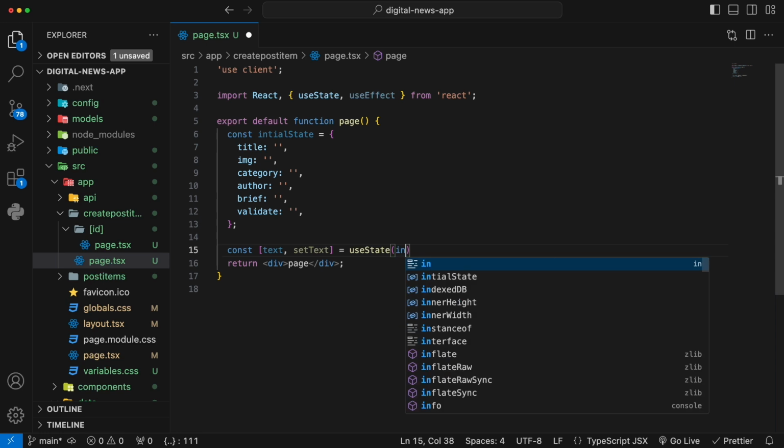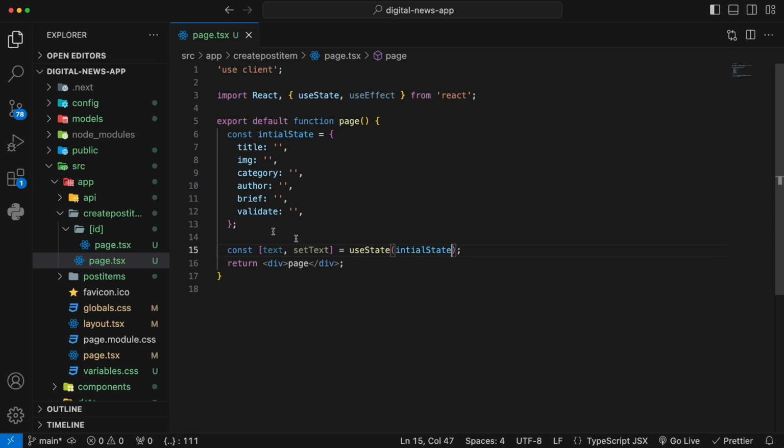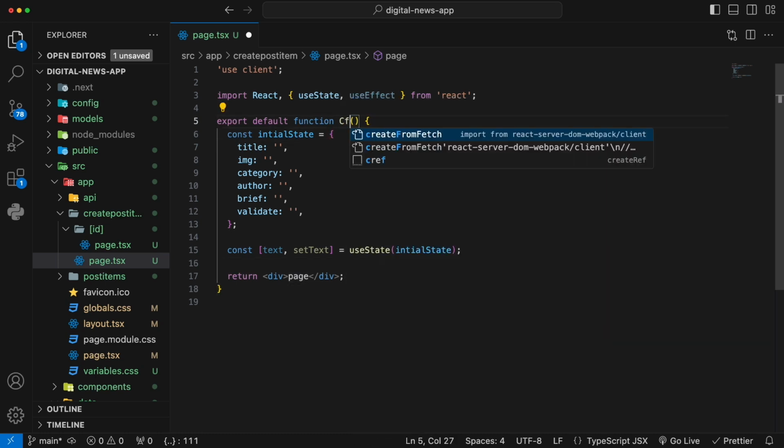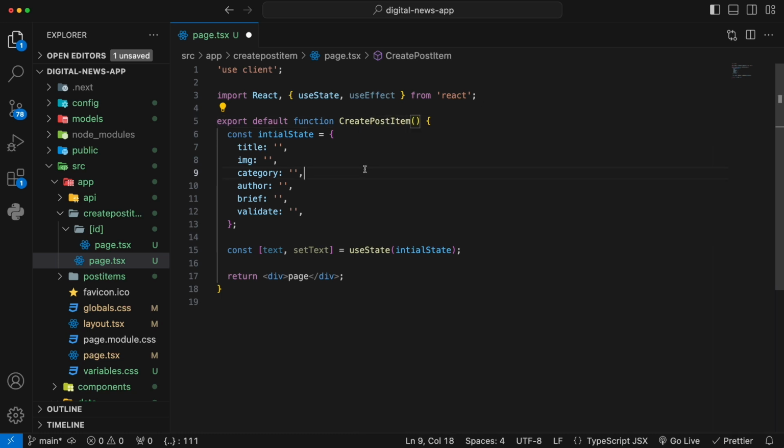And inside here, we just put in that initial state value as the beginning value of this text form. Okay, and I also wanted to name this component. Let's say this is going to be the create post item, and yeah, that's pretty much it. And the next thing to do, inside our template, I'm going to delete the original one and create our own